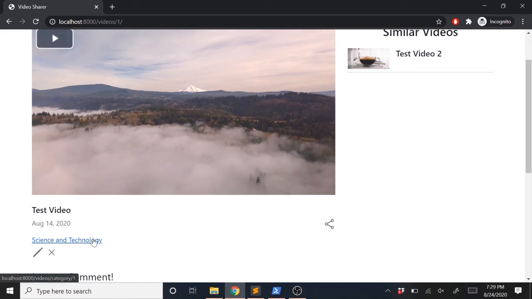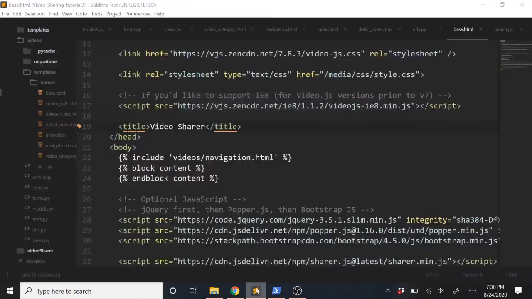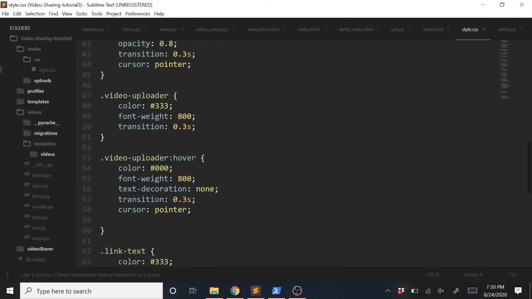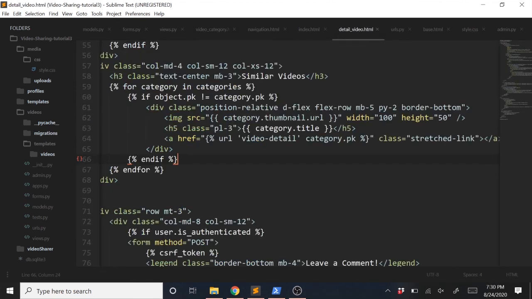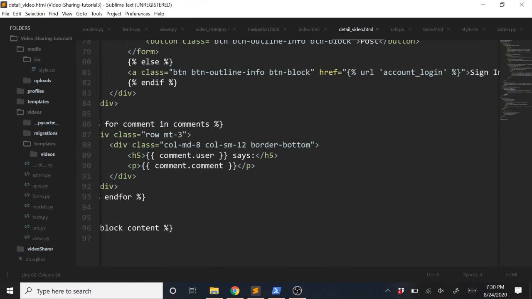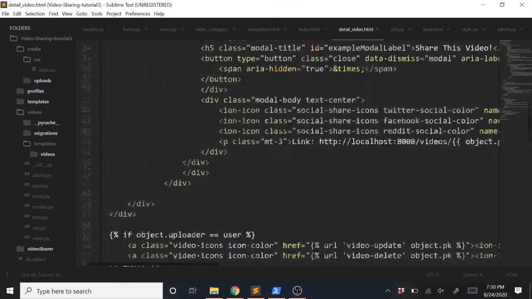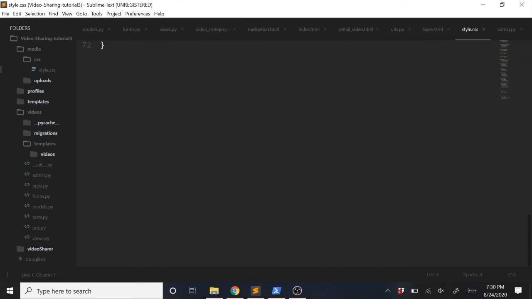There is one thing I didn't do yet, is I didn't add the style for this. I want to remove this line. I just don't like that text underline on links. So there actually is one more thing we'll do. We'll go back into our CSS file for that, which should be right here. And in our video detail page, we put a CSS class on it. Where was that at? Right here, category-link. So back in that file here, go to the bottom of our CSS file,